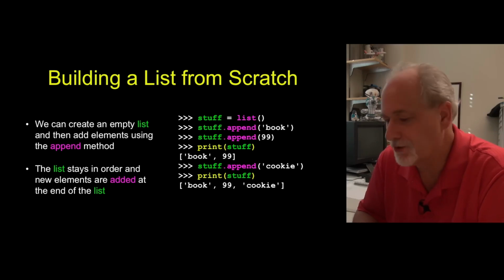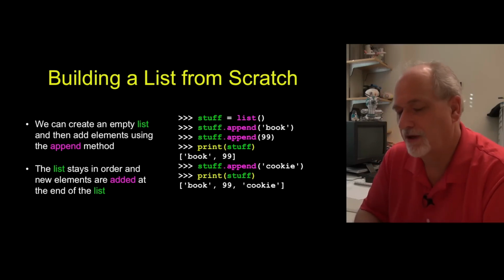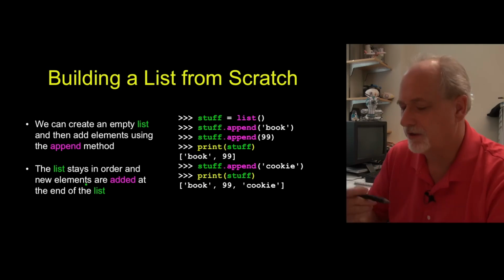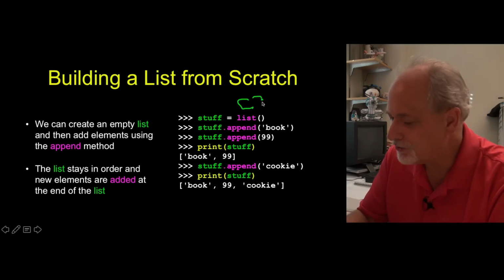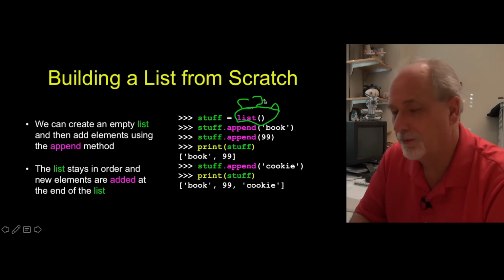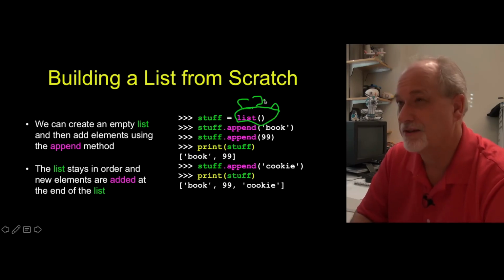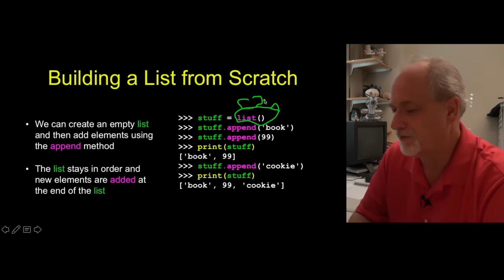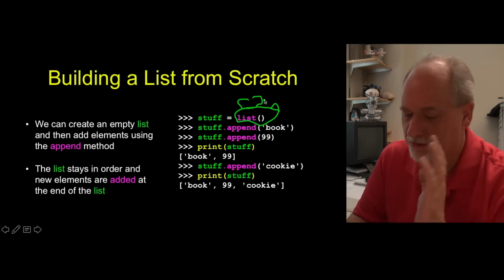So if we build a list from scratch, we have a way to ask for an empty list. There are a couple of different ways to ask for an empty list. We could use just 2 square brackets next to each other, but this is a form we call the constructor form, where we say, hey Python, make a list. In this case, the word list is like a reserved word to Python. It's really a reserved class, but